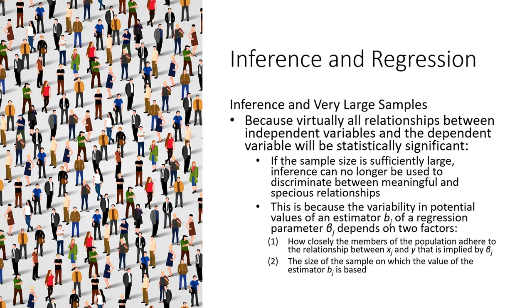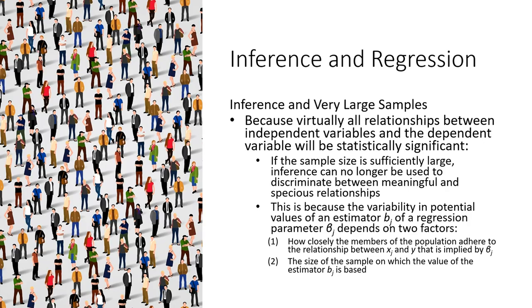When we're looking at inference in regression, inference in very large samples, let's say a population-level sample set, virtually all of the relationships between your independent variables and dependent variables end up becoming statistically significant. So if your sample size is sufficiently large, your inference is no longer used to discriminate between meaningful relationships. And this is because the variability in your potential values for your estimators of a regression parameter beta will